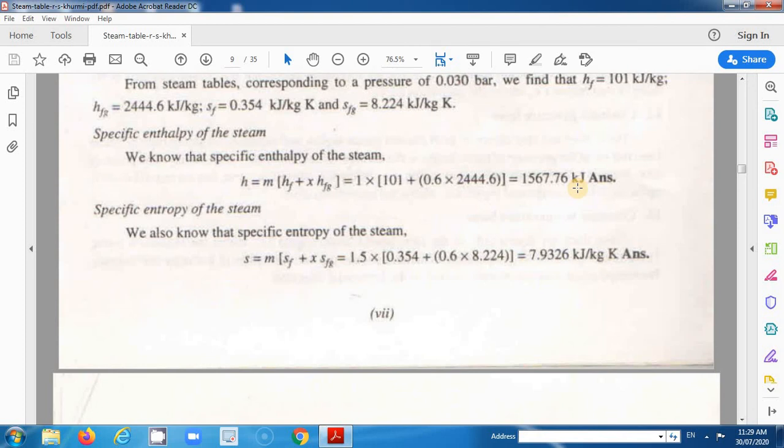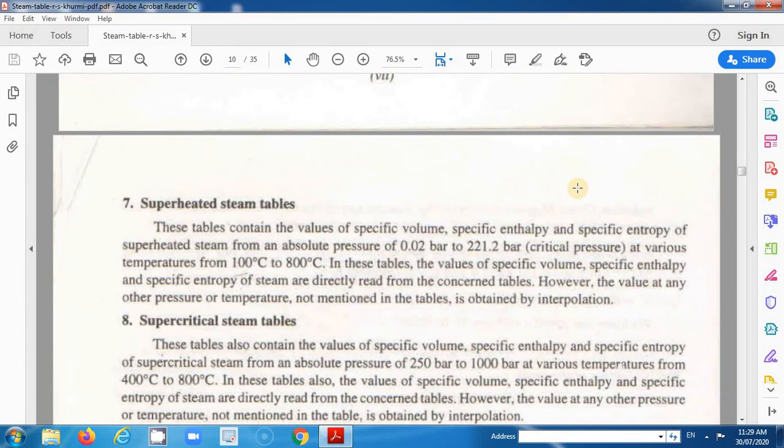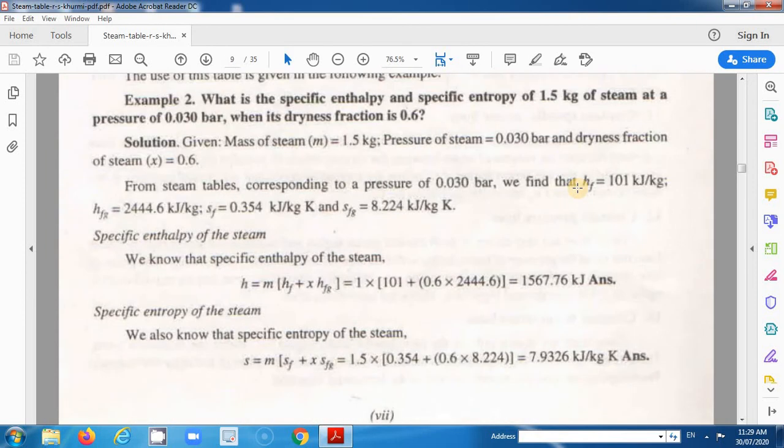So this is the explanation of how the steam table is used to calculate the different properties of the steam. I hope you have some understanding of the steam table today. Today I am going to give you one example, and during the next lecture we can solve that example also. Take that example and try to solve it yourself at home. Next time we will solve this example.